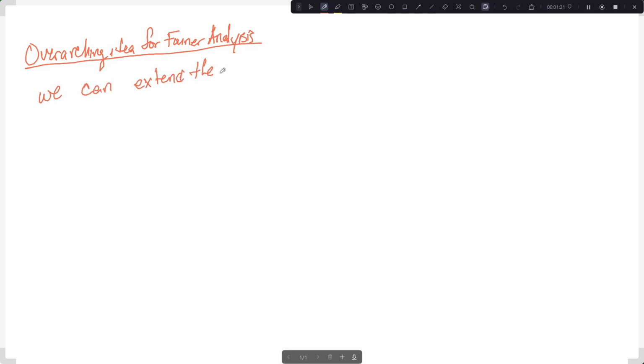So the overarching idea for Fourier analysis, this is maybe the more technical term, is that we can extend the property of an orthonormal basis. Recall ONB means orthonormal basis, E sub n, n equals 1 to d, in some d-dimensional space. And the property is,